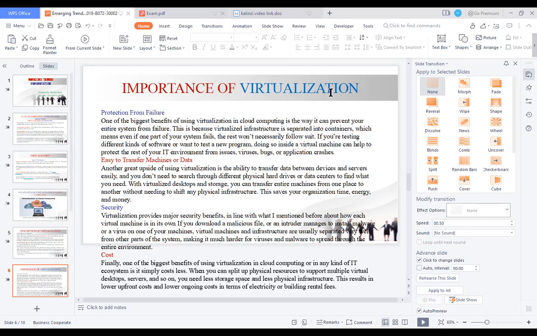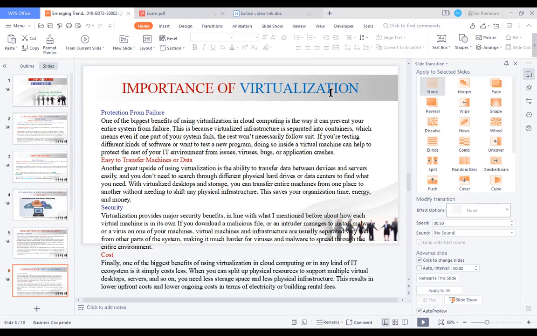So here, virtualization technology also helps the company or organization to be secured from malware or from hackers trying to steal their files.